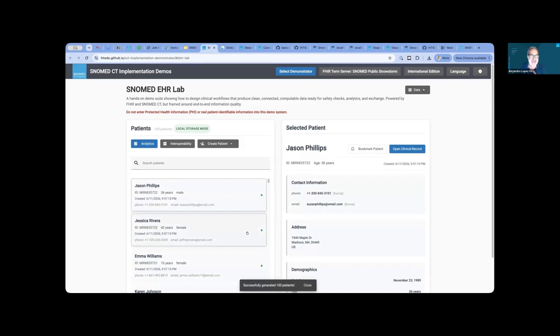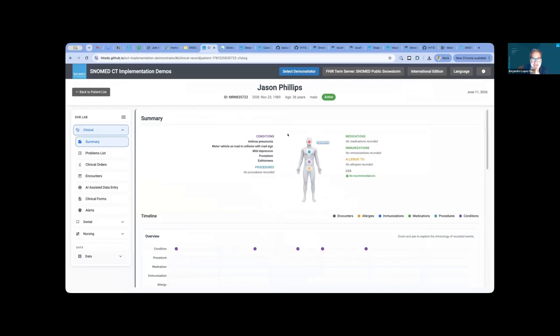It's a simulation. The idea is that at a very early stage, when you're trying to understand what you can do with SNOMED CT, you can see it live, you can play around, and when you see it live, you get inspired. For example, if you are procuring a system, you can compare the ideal features you see here with the features you see in a system. So we can open any of these patients. We click here, open the first patient, and we see this one has anthrax pneumonia, motor vehicle collision with a road sign, mild depression, prostatism, and osteominid, which I really don't know what that means.